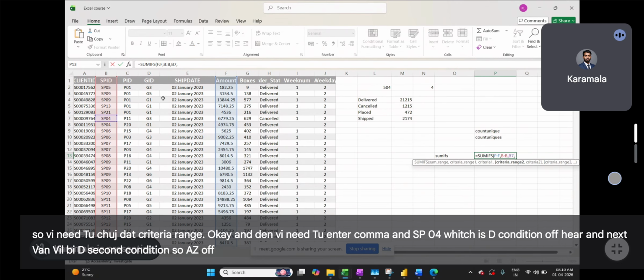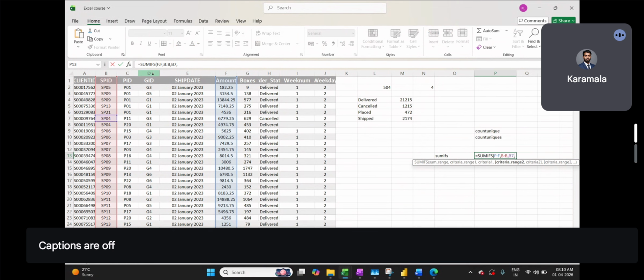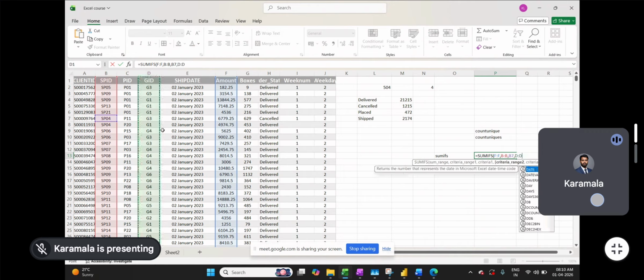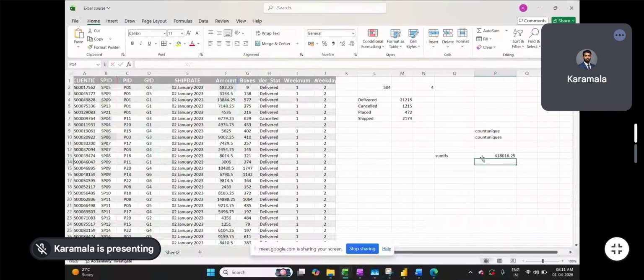As of now, I'll give you two conditions. The second criteria range will be GAD, and the condition will be G3. So here I have provided two conditions and one sum range. Clicking enter, the final amount will be